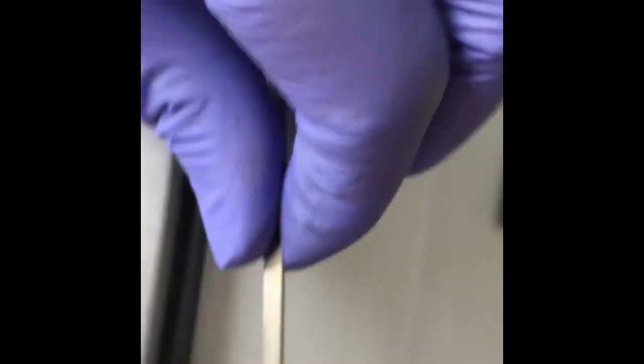Let's see if I can show you. Yeah. So remove the insert and then put it in the new one. So I have partially removed it. As you can see, this sits inside this groove. So I'm going to remove all of this from one side first. Done from one side. Now I will put it in the new insert,